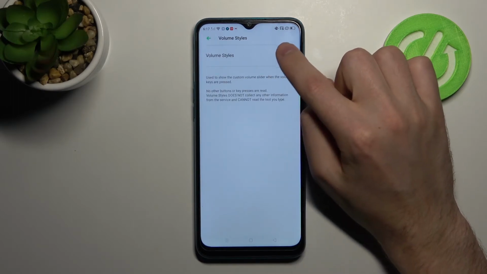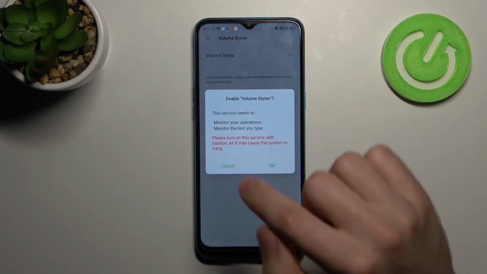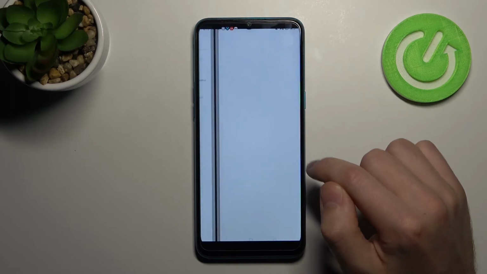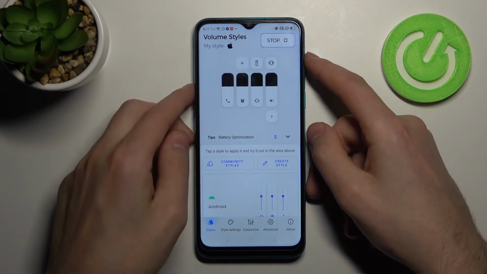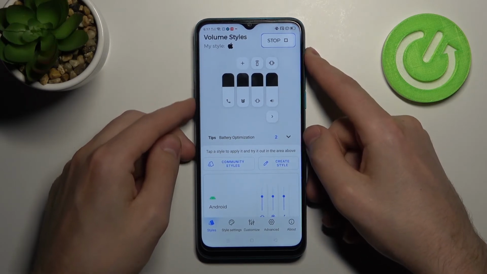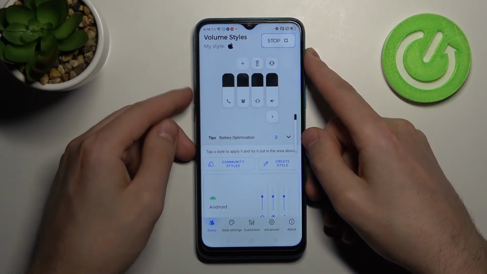Choose your volume styles application, click to turn on, confirm clicking OK. And now we got a new prompt, so click yes I agree. And now we got a new volume styles panel like iOS into our